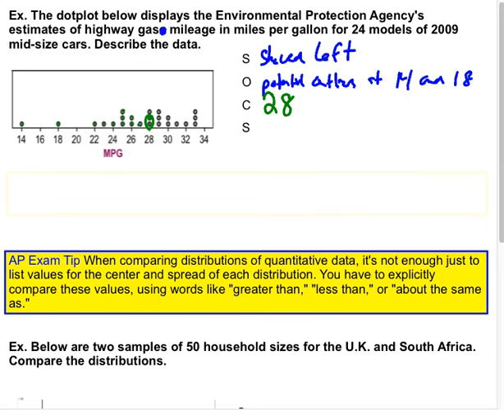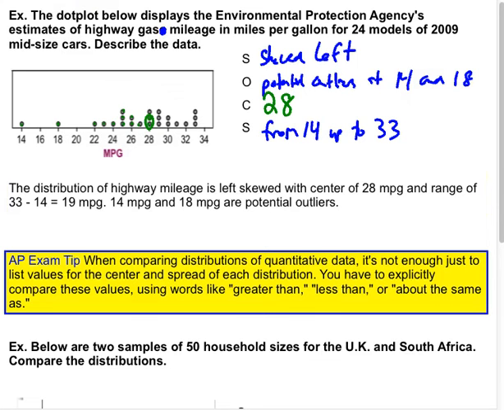And then the spread is from 14 up to 33. All right, so now that I've labeled this out in SOCS, now remember, whenever giving a description, I need full sentences. So now I'm going to write out in full sentences: the distribution of highway mileage is skewed left with a center of 28 miles per gallon, a range of, and then here I showed my calculation, 33 minus 14 is